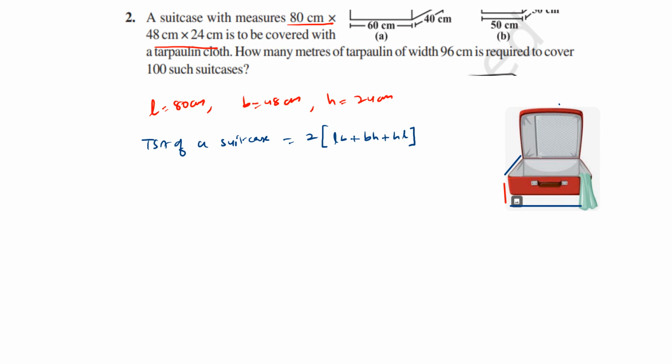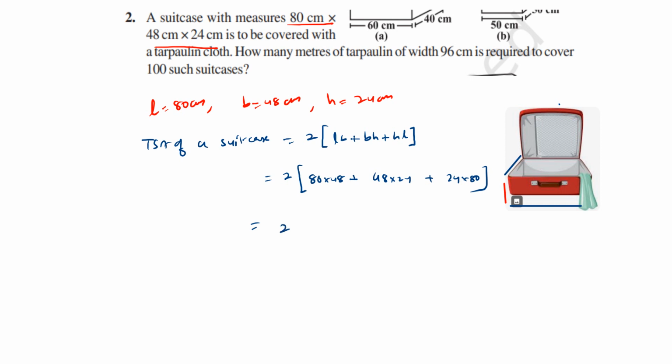But we need the total surface area of 1 suitcase. How many suitcases? 1 suitcase. What will be the answer? 80 into 48, plus 48 into 24, plus 24 into 80. What will be the product of 80 into 48? Any idea? 80 into 48 will be